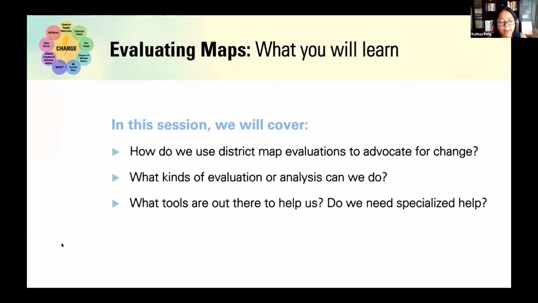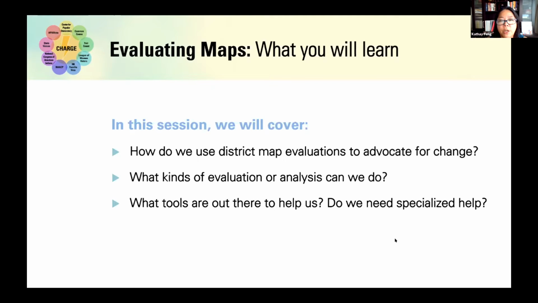We'll bring on a panel, including Allison Riggs from Southern Coalition for Social Justice and Kate Donovan from Redistricting Data Hub to talk about the kinds of evaluation or analysis that can be done, and also what tools are out there to help us. And ask the very hard question, which is sometimes you can do it with some of the online free tools, and sometimes you might need some specialized help. And when is that? Then we will break out into some special sessions